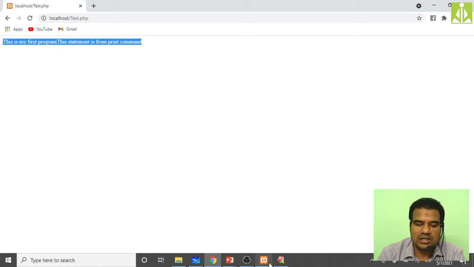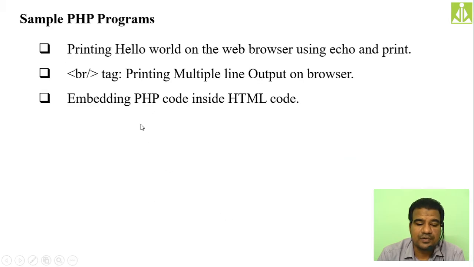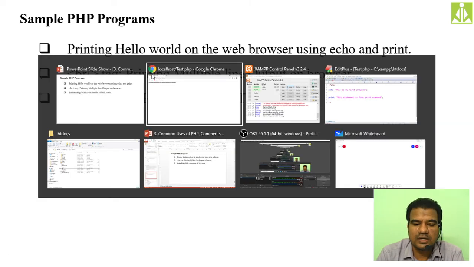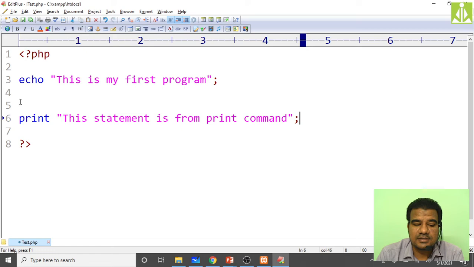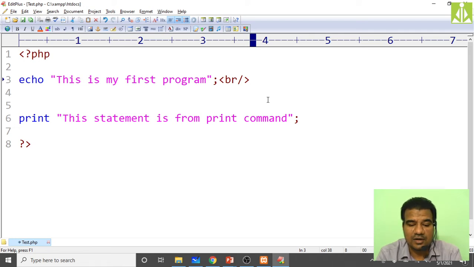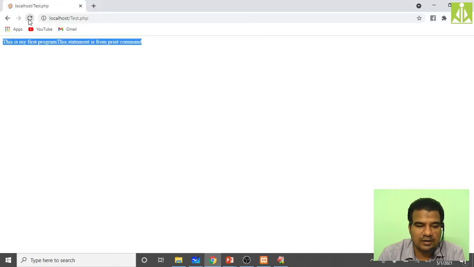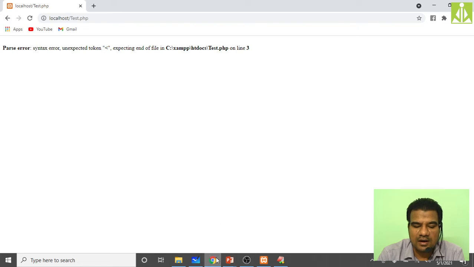So suppose if you want, what is our next thing over there? Yes, br tag we need to practice. If you want the content in a separate line, you have to use the br command. I guess here also you can put it, let's just check what will happen if I put the br over here. I think it will give an issue. So again the program is saved. Now go to the command prompt, and as I said, it is giving a parsing error.